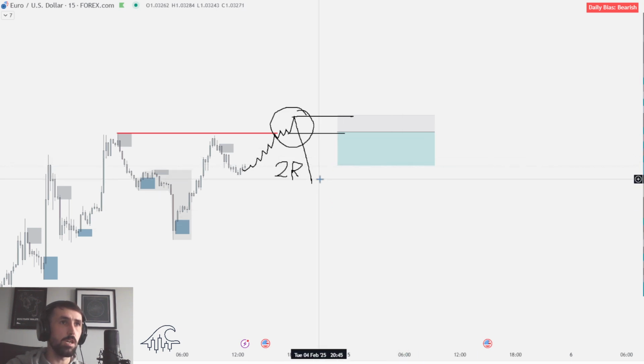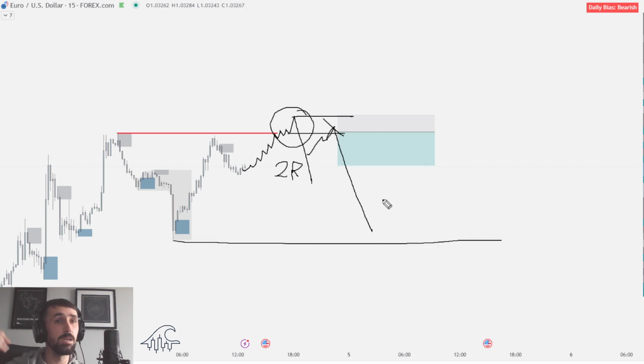Okay. If price sells past that 2R level, then you will cancel this order and you will say, okay, the trade didn't play out how I thought it was going to play out. That's fine. If it doesn't, and it comes back beforehand, triggers you in, if it runs your stop, it runs your stop. Oh well, just let it do its thing. If it doesn't, then we look to aim for the nearest area that we were looking to trade to, which